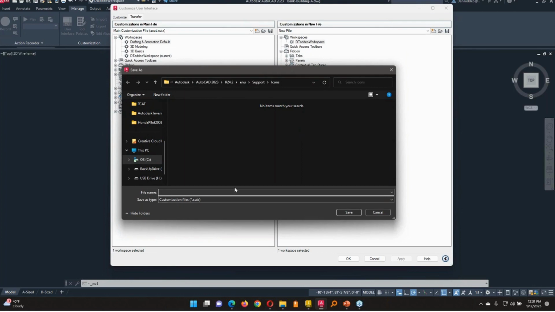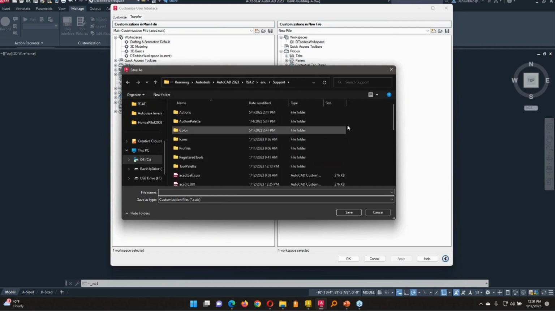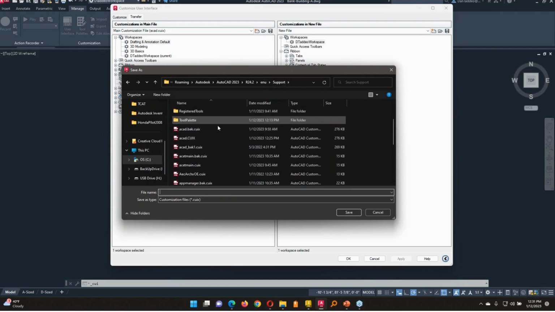And you'll want to save it wherever you want. You'll notice that it has a pre-configured path of where it's going. You can save it wherever you would like, just for the art of having it backed up. But AutoCAD has it pre-configured within its support directory. And you can see here